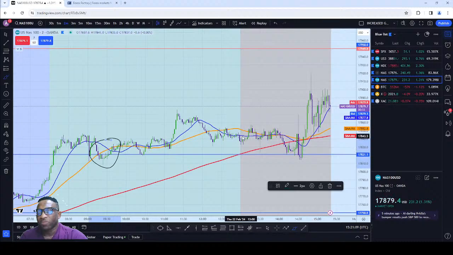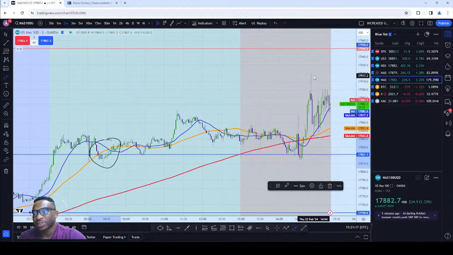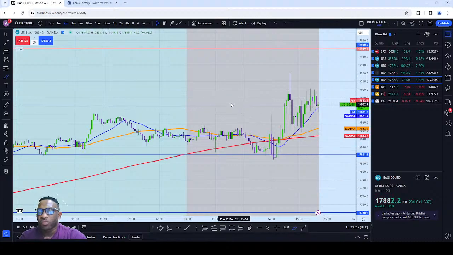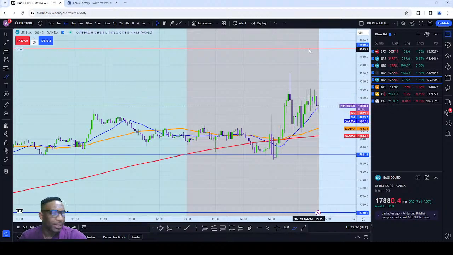But again, if you were in this trade and it gave you this profit and you saw this pullback, you would have jumped out of it just to save that profit, and then look for another opportunity. Since we anticipate it's going to go up to the next key level, because if we look at the daily,